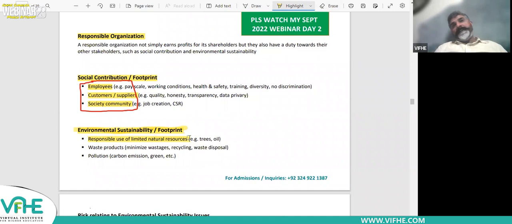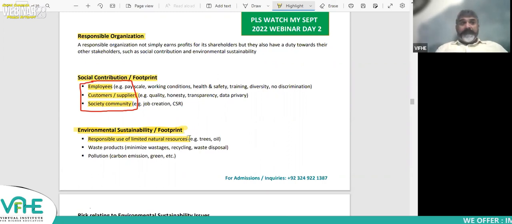For example, if we are using a lot of paper, you know that paper comes from cutting of trees, and cutting of trees is not good. It's not good for the environment. So I would like to reduce my usage of paper, more digitalization, electronic. You see, ACCA has stopped printing the student accountant magazine. 7 years back, they were printing thousands and thousands of physical magazines, but then they realized that it's not a good environmental practice. So they have moved to paperless environment.